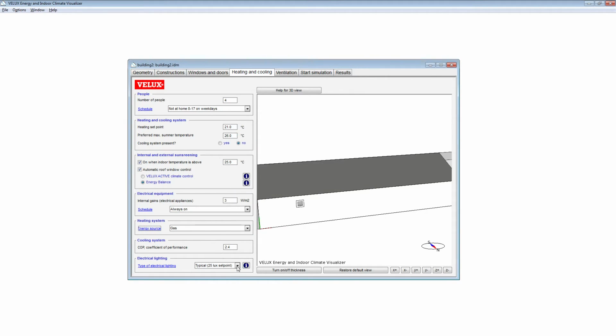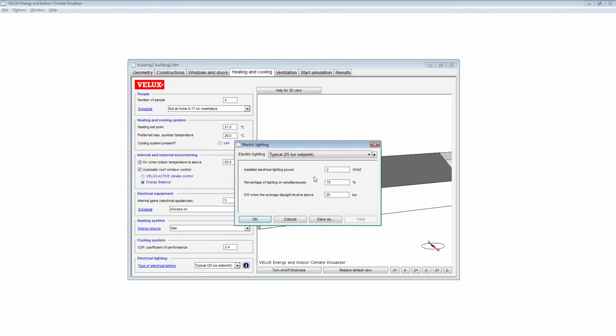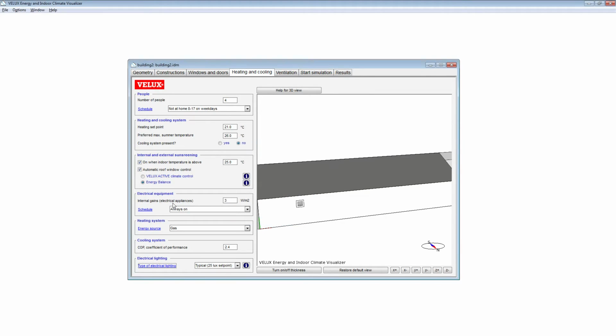For example, if we have electrical lighting, we could define the amount of watts in a matter of krona or euro. Usually, in Denmark at least, we'll have a district heating system, so we have to put that.